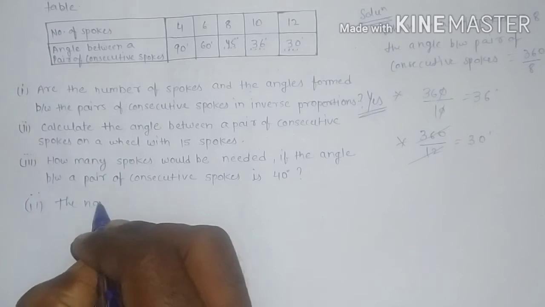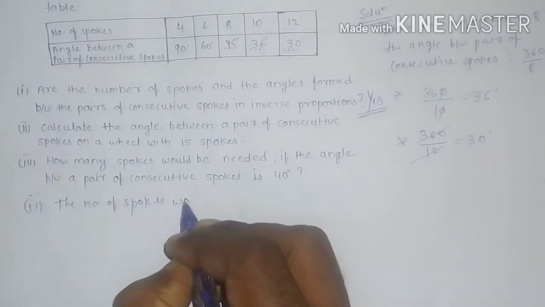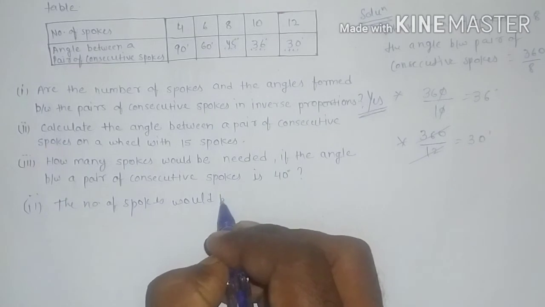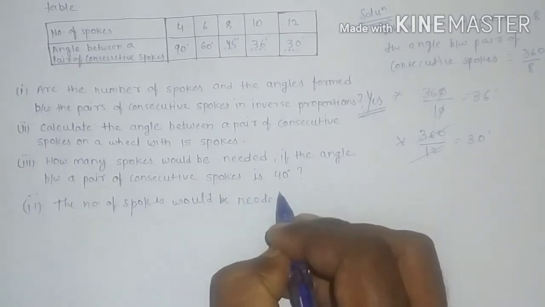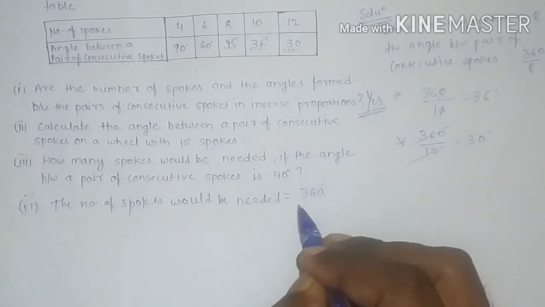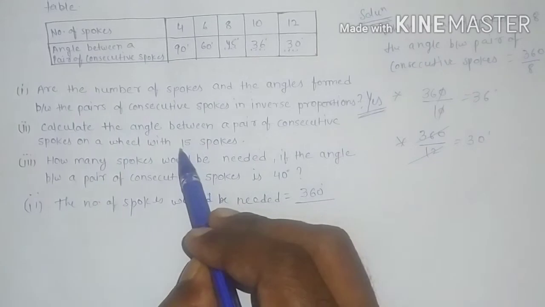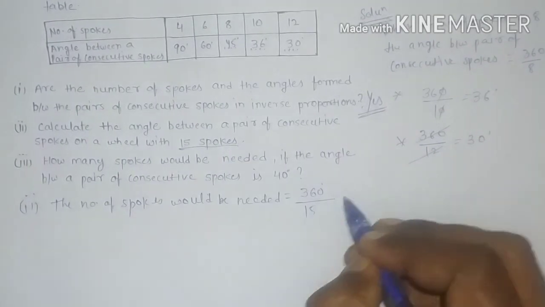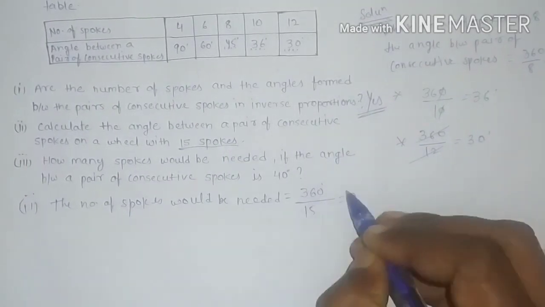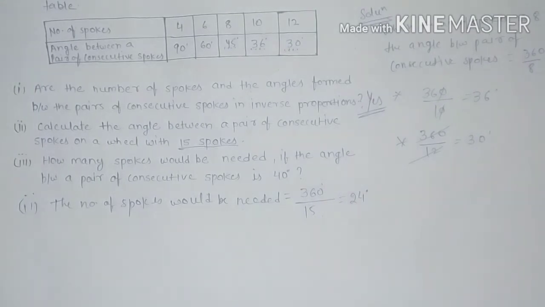The number of spokes would be needed equals to total, that is 360, divided by 15, since 15 spokes are given here. So it will be 15 times 2 is 30, 15 times 4 is 60, so 24 degrees. Okay, now third will be,